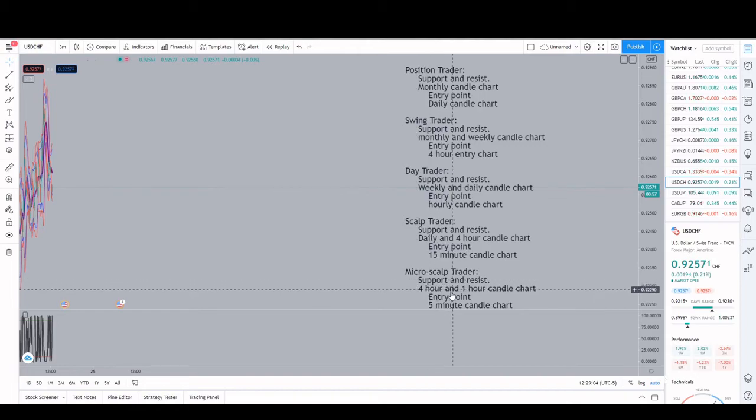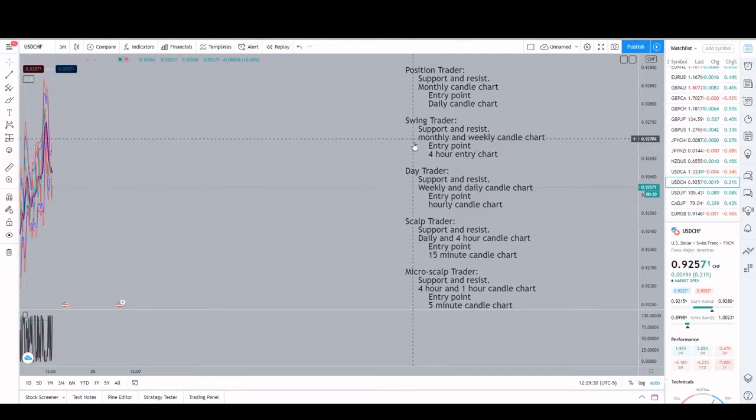So as you can see, the most charts that you should ever be using is 3 charts, sometimes 2, depending on if you're a position trader or not. But I want you guys to take into account too that you shouldn't have all 3 of these charts up at once. Okay, you can, and it may work for you, but a lot of traders, especially just starting off, when they have 3 charts up on their screen, it's very, very easy to overcomplicate things,